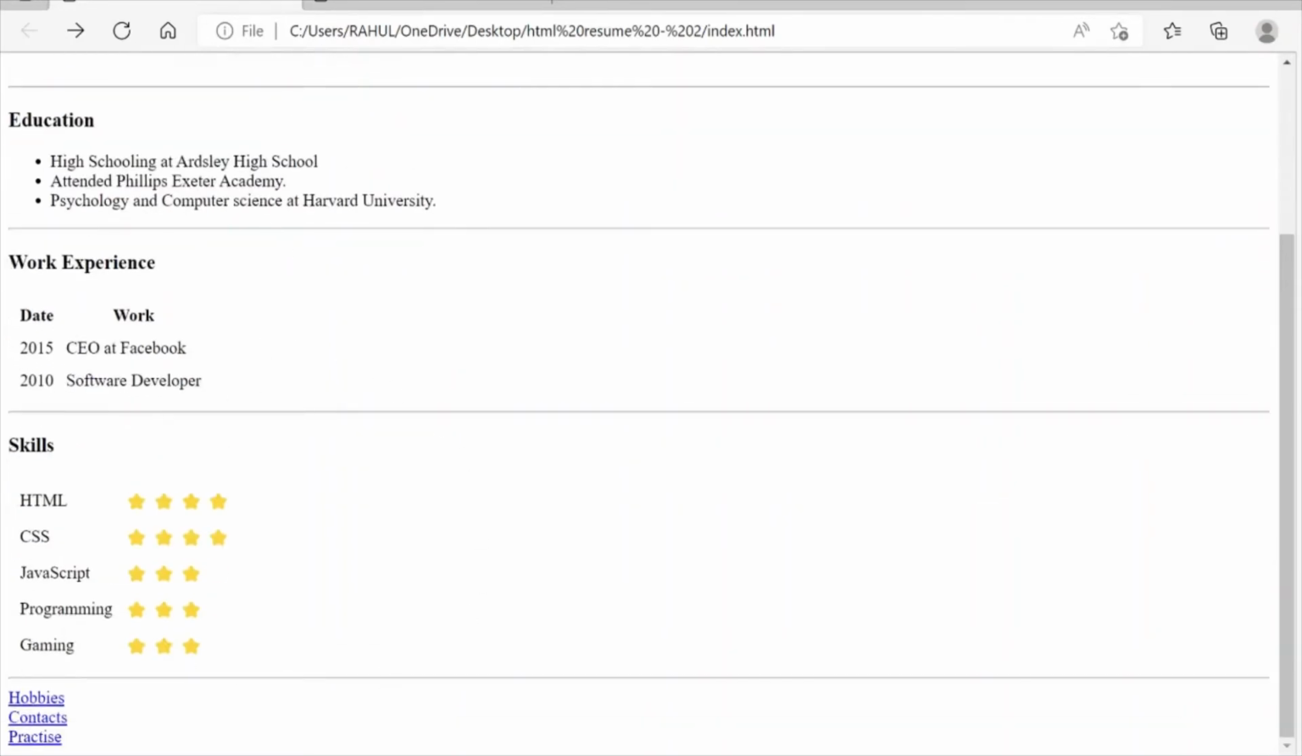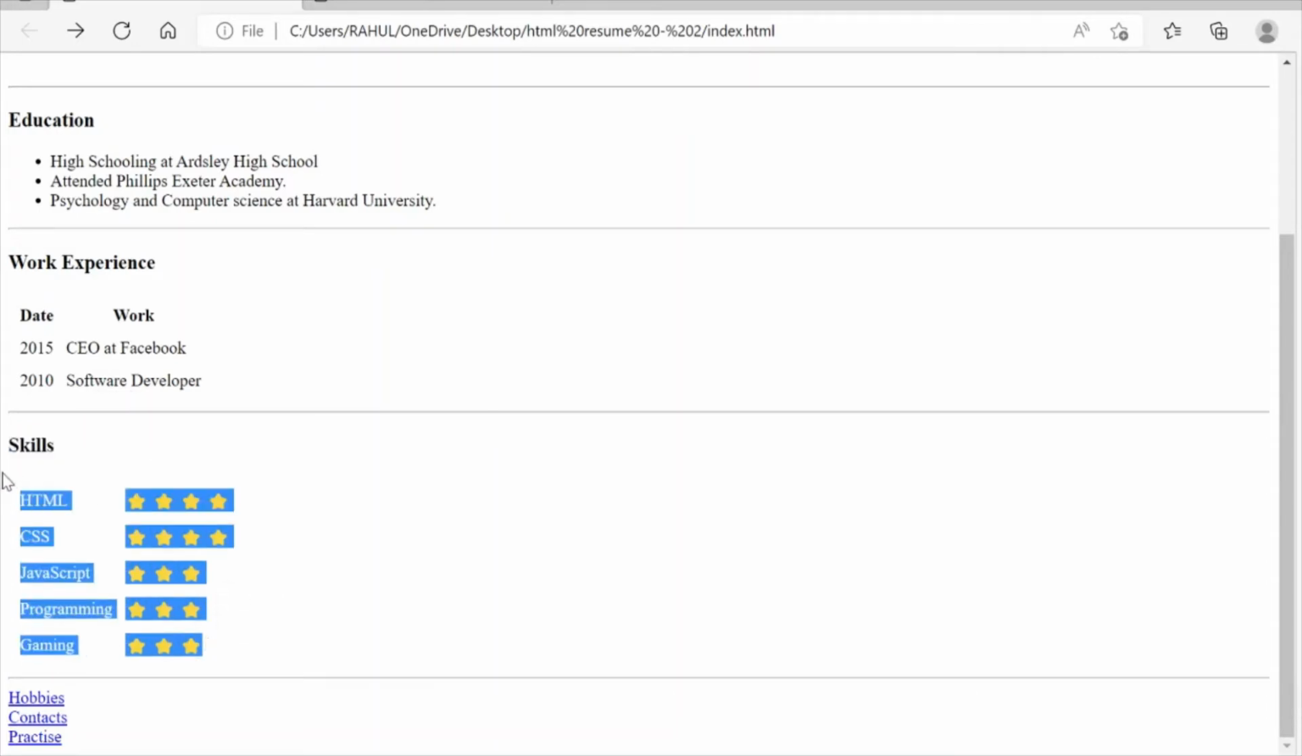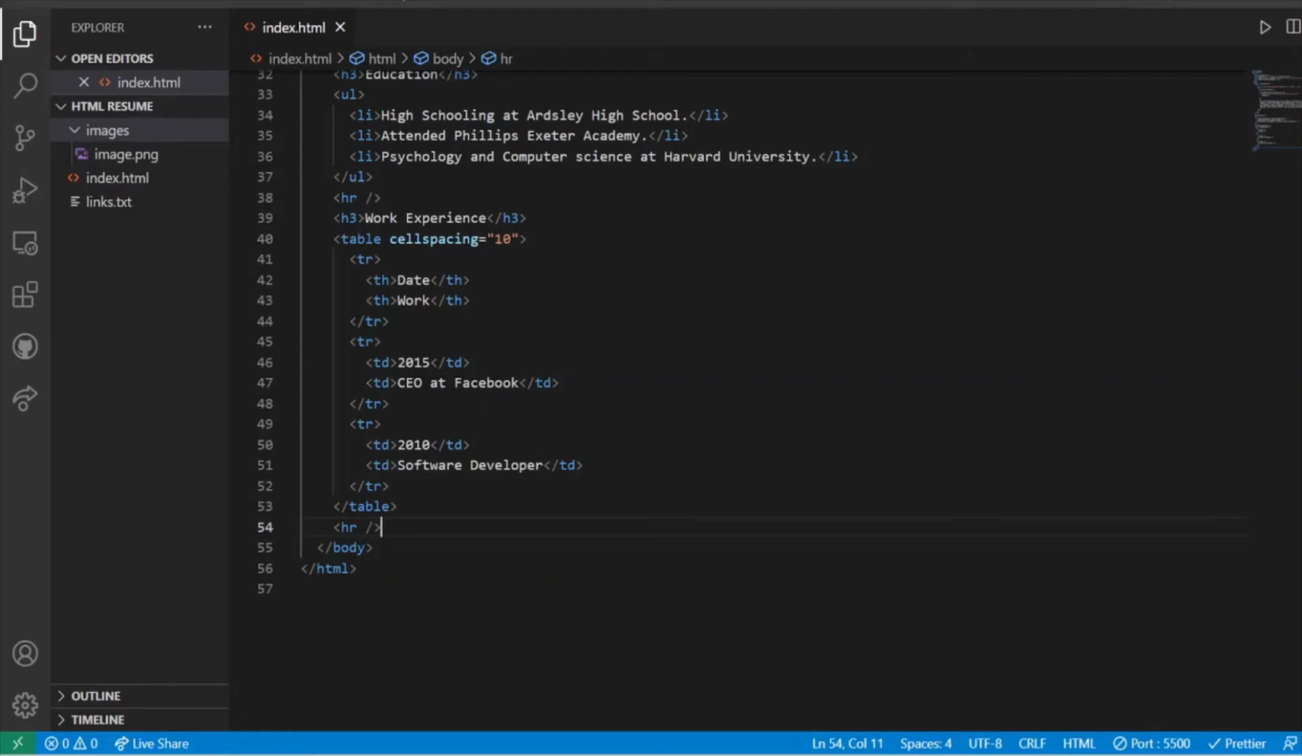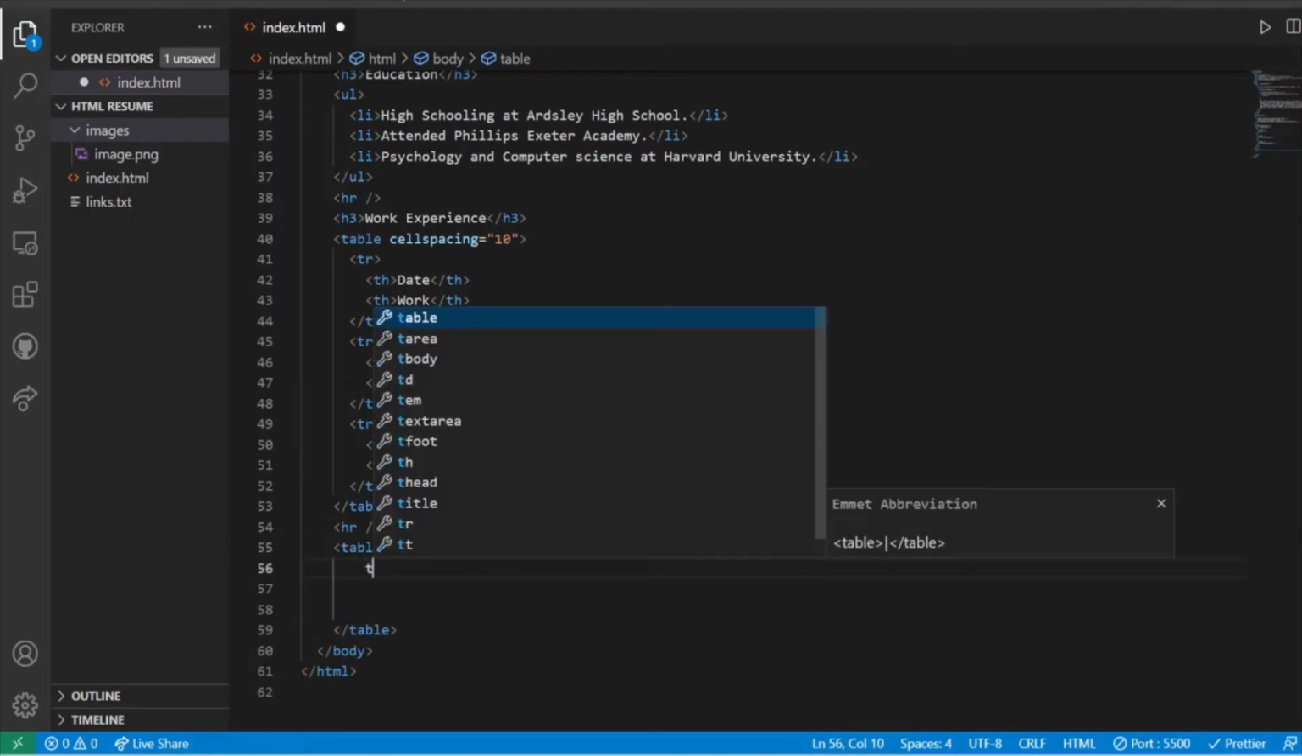Now let's add the skill part, where in the skill section we need an H3 heading for skills, and again a table where in the first column our technology will be displayed, and in the second column we need ratings. So let's get this part done first. So again I am going to include a table,